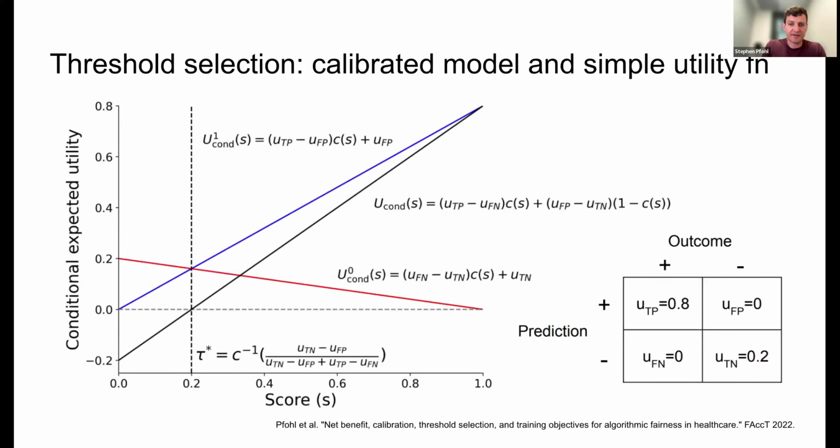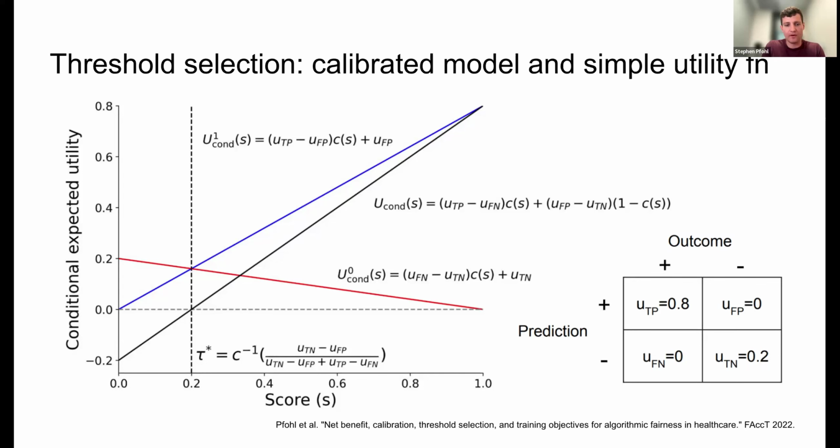And so to visualize this, on the slide, we assume a calibrated model and assume a simple set of values on the right-hand side and plot these conditional utility functions. In red, we have the conditional utility of no treatment, and in blue, we have that of treatment. You can see that there is some point where they intersect, which is 0.2. And that's the same point where this black curve, which is their difference, crosses 0. And this value here is exactly what we expect based on the assumed values that we put in the